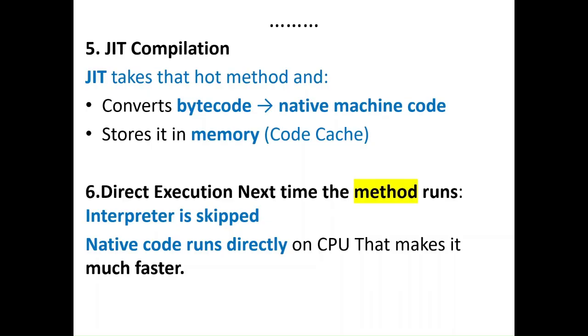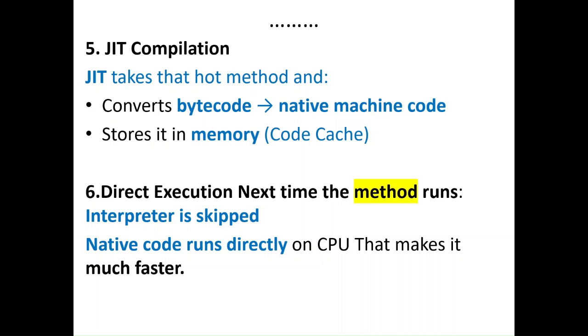That's it. Because of that, the performance increases, because not every time the method is called is it going to be converted into machine code. It came to know that this method is going to be called multiple times, so the JIT compiler converts that method's bytecode into machine-understandable code.